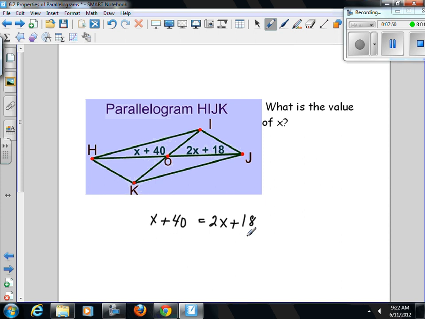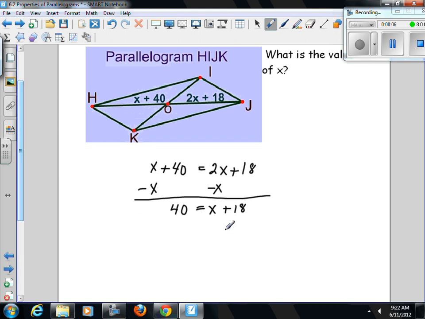So let's solve this. We'll get all the x's on one side. So we have 40 equals x plus 18. We want to get x alone, so we'll subtract 18 from each side. And I end up with x is equal